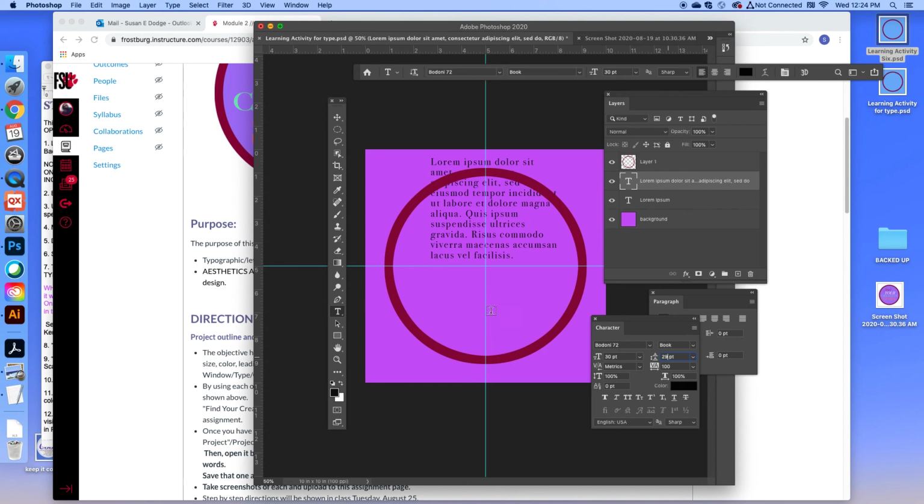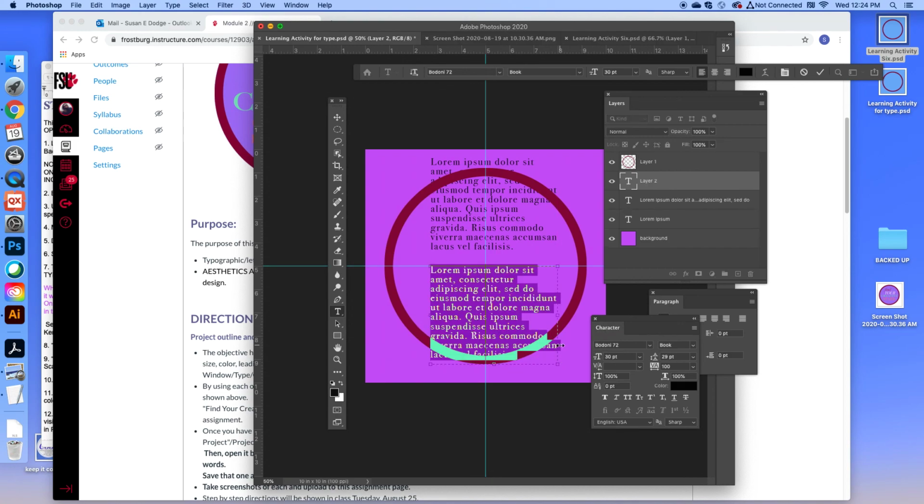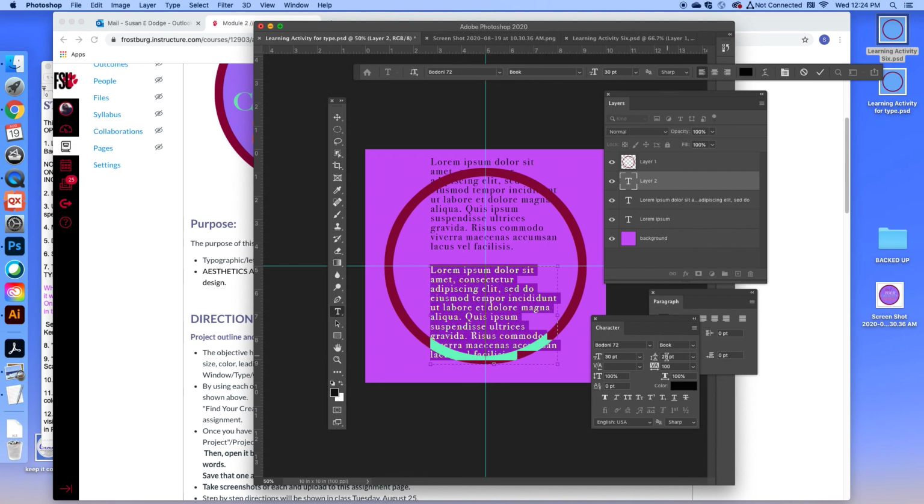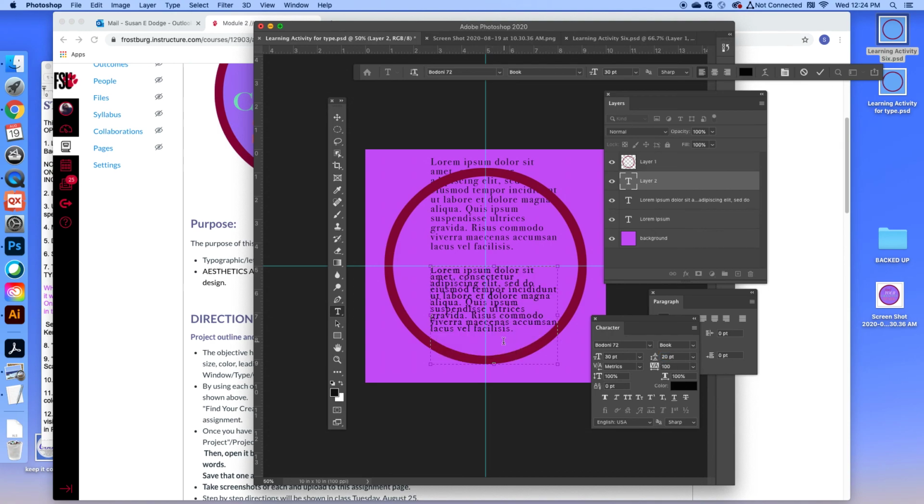29. Okay, I'm going to make another text box. And it jumps in. See the difference? Well, it's not really a dramatic difference, but here, let me make it a dramatic difference. 20 on 30. There, see? It closes up. This is called leading. The word is leading. Now, the object here